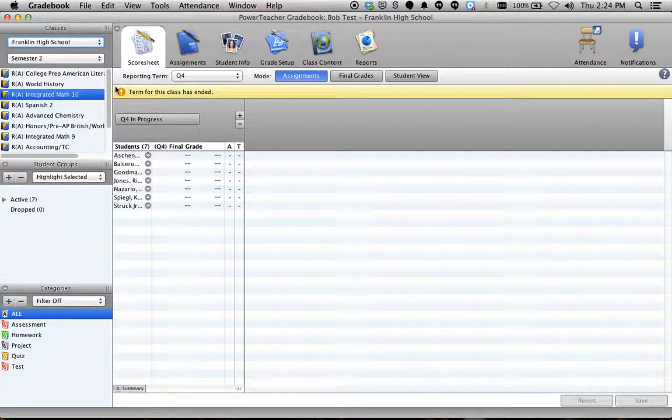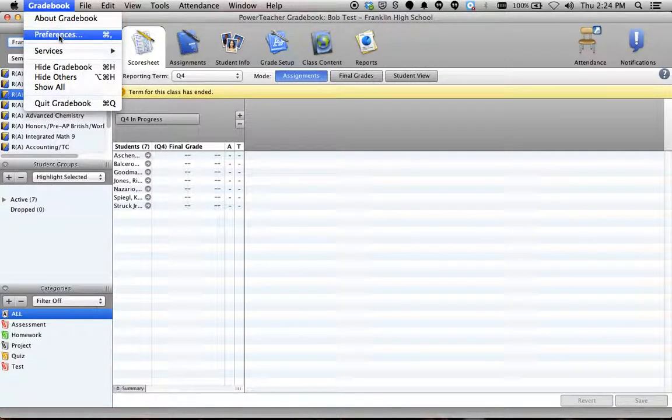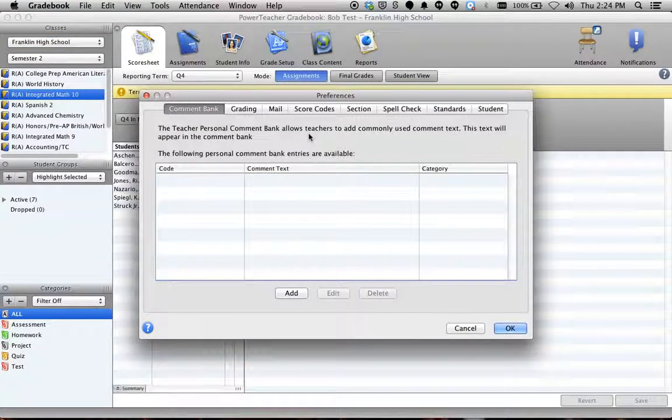So I'm already in my gradebook. Make sure you're obviously chosen to the correct school. If you teach at more than one school, make sure you do this for each school. You're going to go to Gradebook, Preferences, and in the Preferences section, you're going to come over here to the